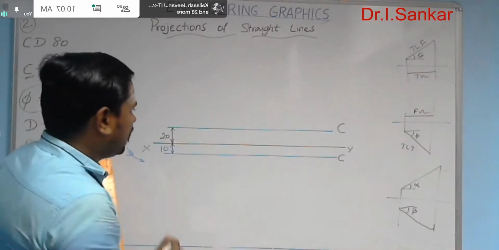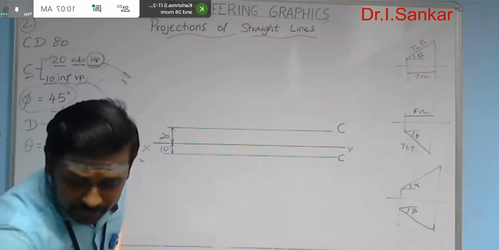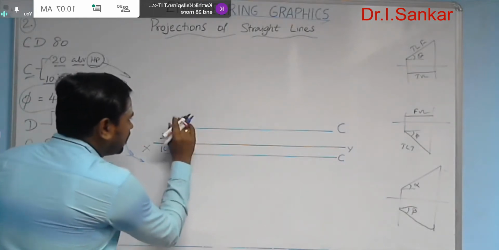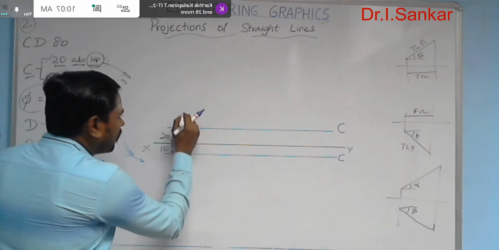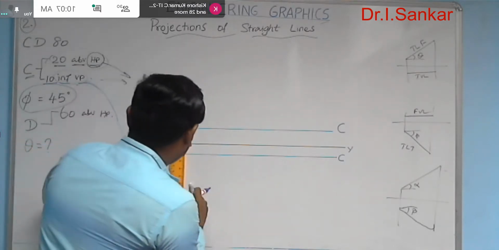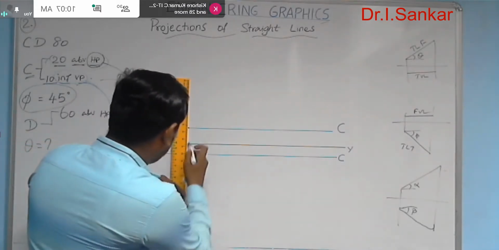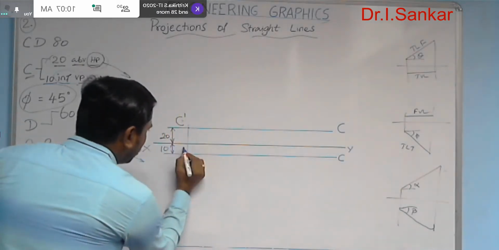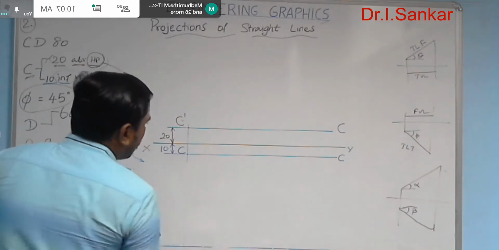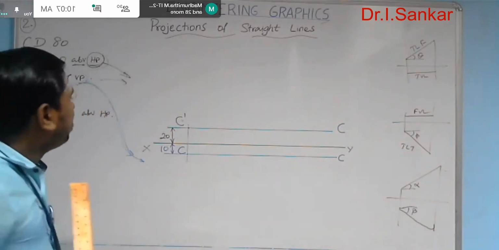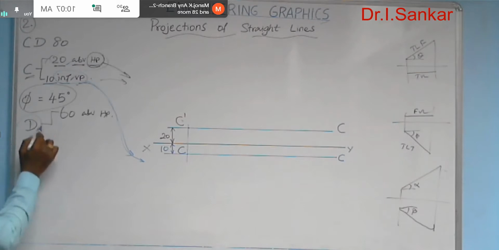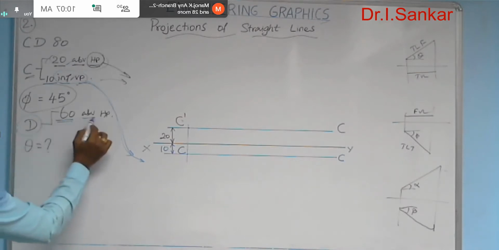So immediately after that, you can mark the particular point. See, it is C dash. And project C dash towards the top view area, and then you can mark the point C. Is it visible? Okay. And then I used these two data, and the next locus related data is the end D is 60 mm above HP.